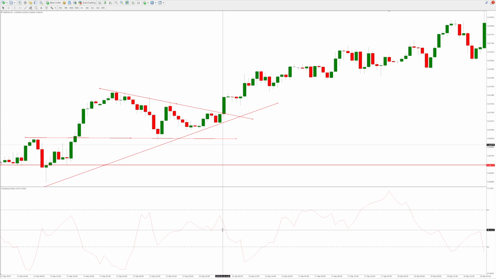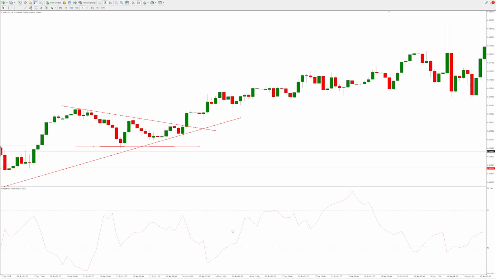The choppiness index was headed down, which is a good sign because it suggests that, okay, we're coming away from this consolidation here, and we're going to go into a trend. It's quite confusing in a way, because with a lot of indicators, this line is usually higher if there's a trend. So we actually want it to be lower for a trend, which is probably why a lot of traders who are trading ranges might want to use this indicator, just because